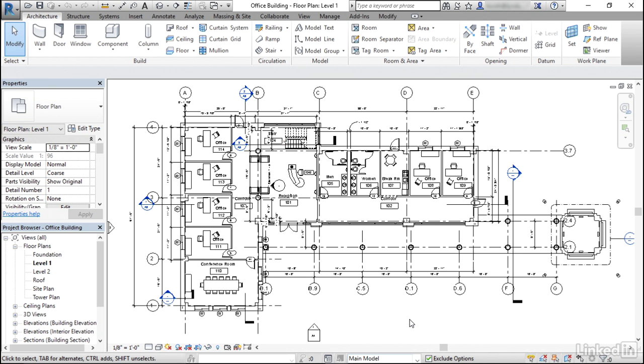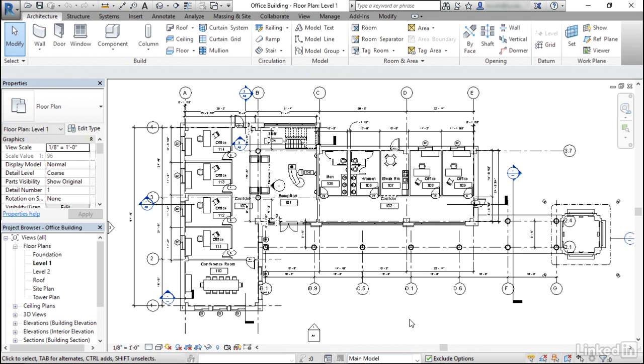Now let me show you one more quick example using a plan region, and that is going to be to control the way that a stair displays. The stair that we have in our simple view range file is only a partial stair, so it doesn't really need any customization of the kind that I want to show you. So I'm in a different file here. This one's called Office Building,